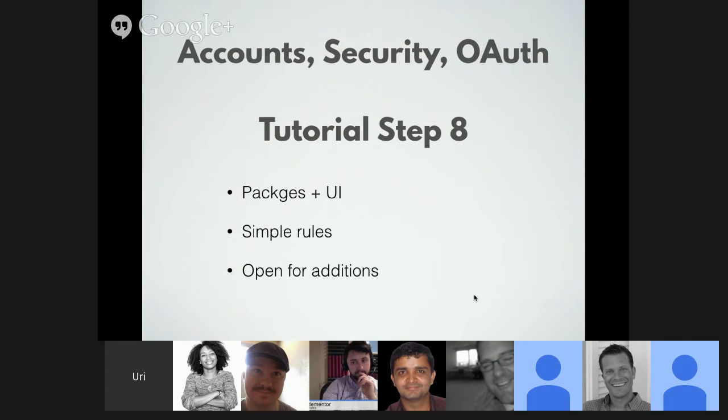But also, Meteor provides a UI for you, so even if you don't want to do your custom forms, Meteor gives you default forms that you can work on, and we showed that in the tutorial. You can just add it with one command line, and you have everything you need for auth. I never saw something that simple in auth.